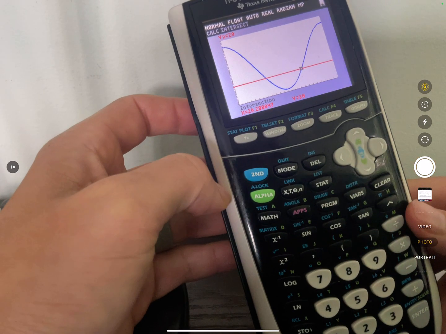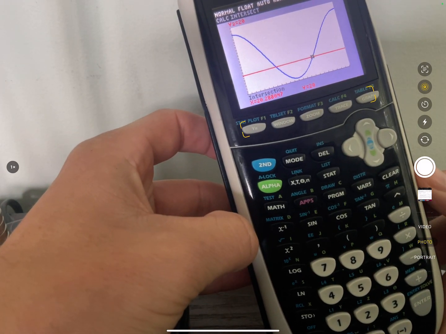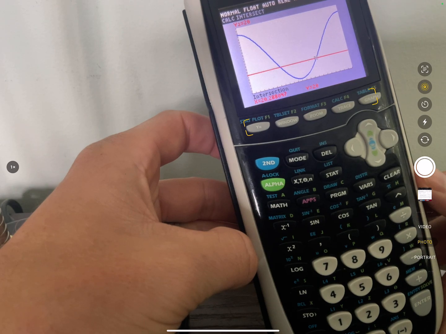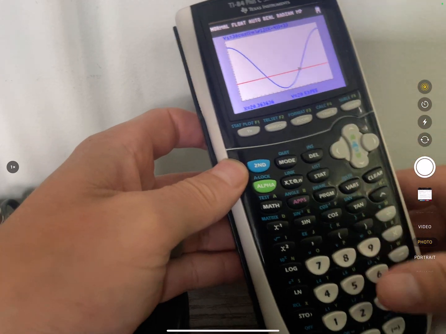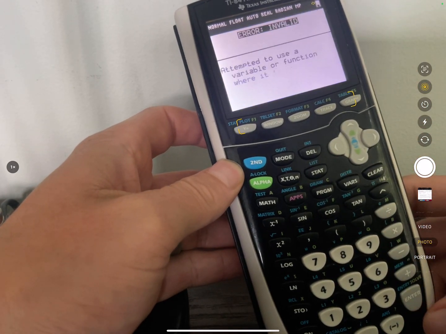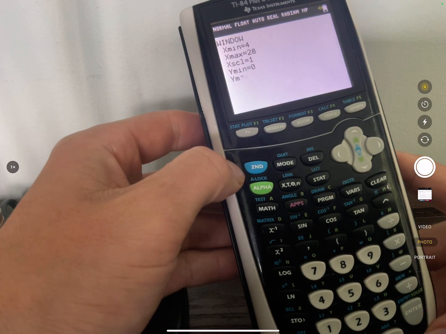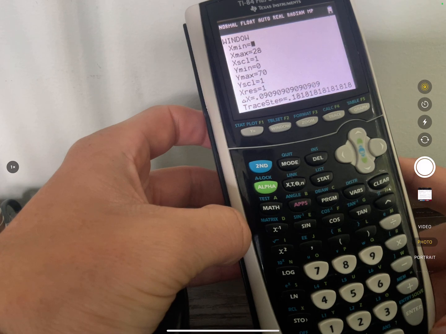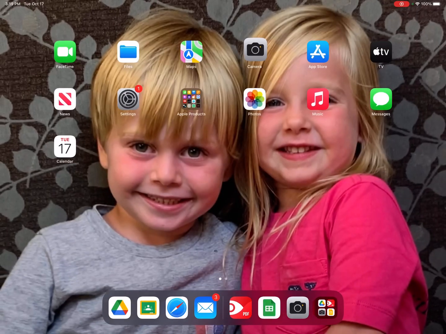All right, now every time you do these problems, you got to change your window. You got to change your window to best fit the problem that you have. Whenever you're doing an x value, we got to make sure that x value is also on the screen. So I can't do trace for like 96 because it's off the screen. Right? So my window range is from 4 to 28, so I can only do trace with numbers between 4 and 28. And so if we go back to the problem,